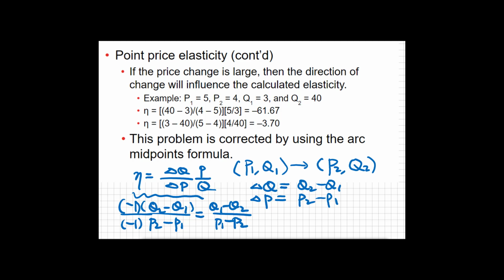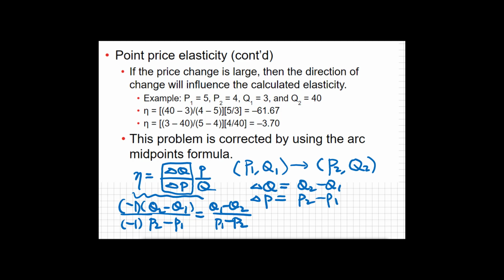So we can see that it doesn't matter how you measure the change in quantity and change in price, as long as you arrange it consistently: if you start with Q1, P1, then you will end up subtracting Q2, P2. Or if you do the reverse order, starting with Q2 and P2, then you'll subtract Q1 and P1. So the direction doesn't matter when you see the fraction of changes.